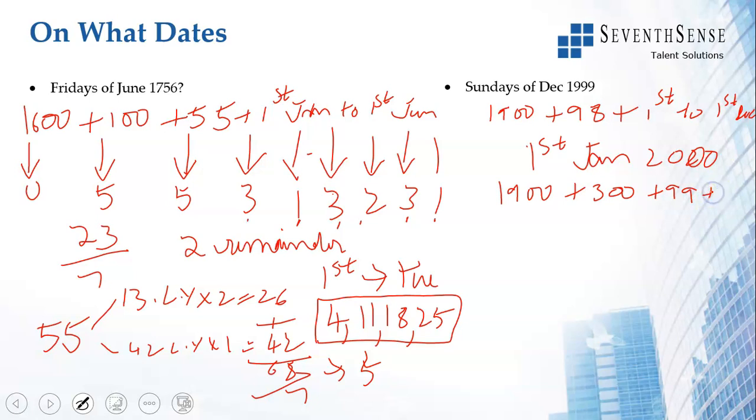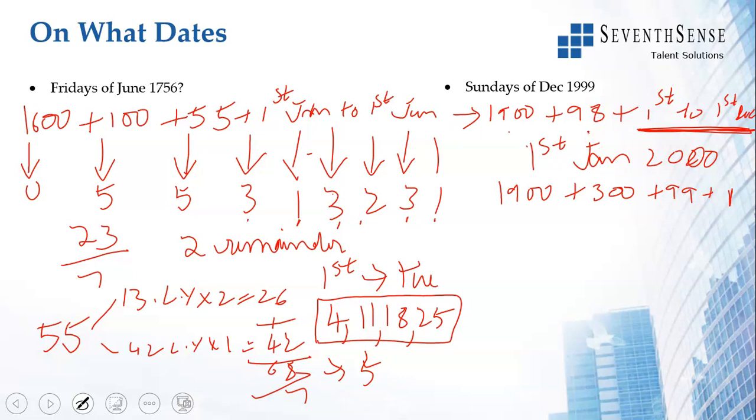Okay, plus 99 years in full plus 1 day of Jan. I do this because I don't want to add these numbers. So for that reason, I do this. This is another approach. So if it is confusing, you just go ahead with this approach. You find 1900, 1998, and then from 1st Jan to 1st December, you calculate the number of odd days and go ahead. So this is another approach that I'm doing.